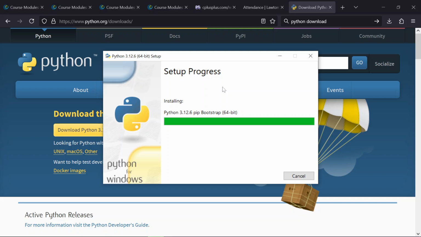My laptop is obviously significantly slower than these giant gaming PCs. It's making its way there. So just hold on for mine. And then once it installs,